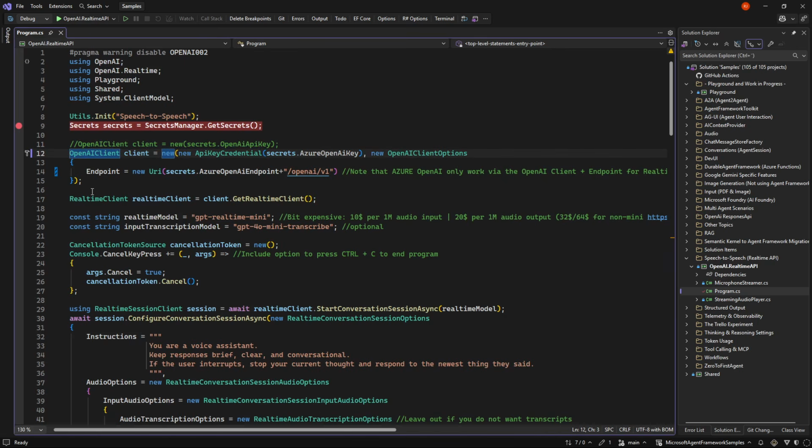But we're not actually making an Azure OpenAI client, because if we do that, it will come back with an exception saying the real-time API is not supported, and we should use the OpenAI client instead. I think this is a first step in switching to everything being in the OpenAI client, and then for Azure setting an endpoint. Because this is also the first time we really use the new /OpenAI/v1 endpoint with OpenAI.